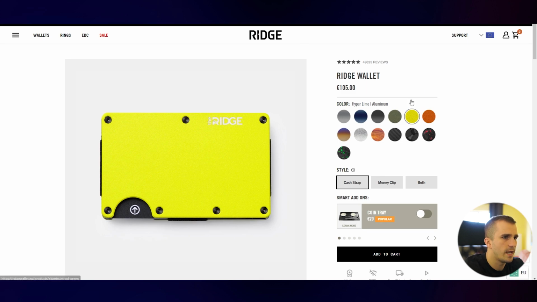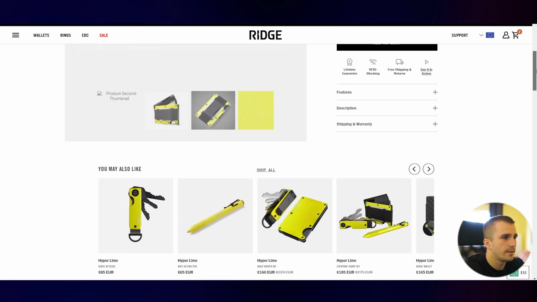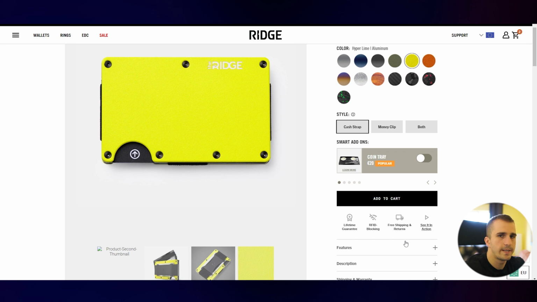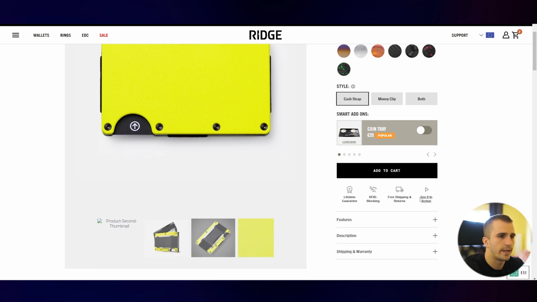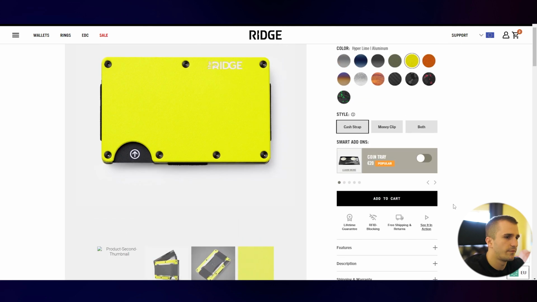This is Rich Wallets, and again, a super clear design, nothing fancy. A good place to position your value proposition, for example, how long your shipping is, whether you have guarantees, refund policies, and all that stuff, is just below the add to cart. This is called CTA anchoring, and that way you're empowering your most important button on the product page, which is